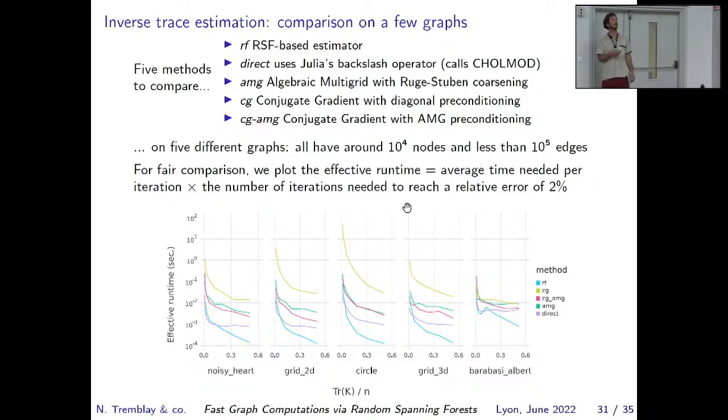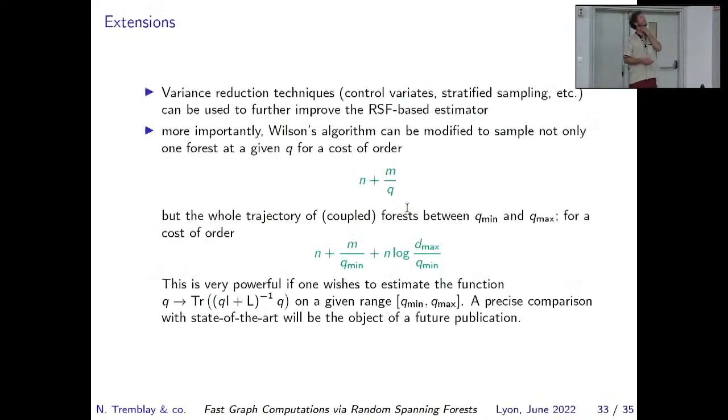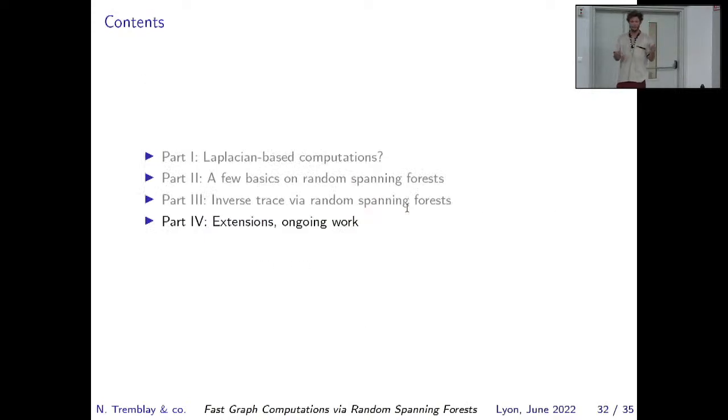But all methods explode, but ours explodes faster. So for small q, you need to find other things than random spanning forest, or at least the way we do it. So, I recall that my main goal here for the last